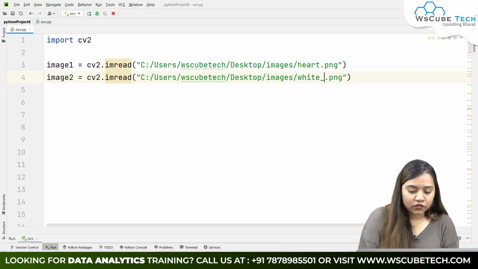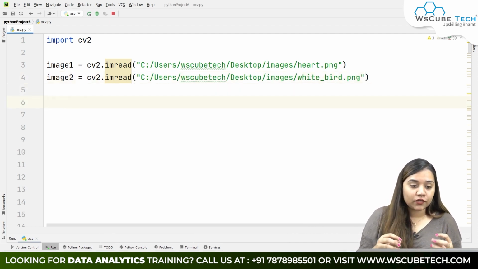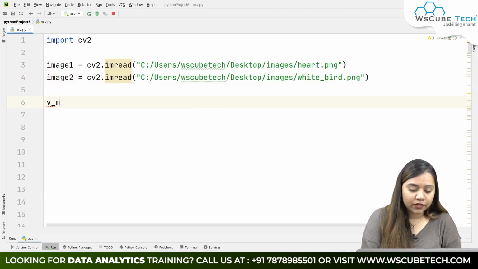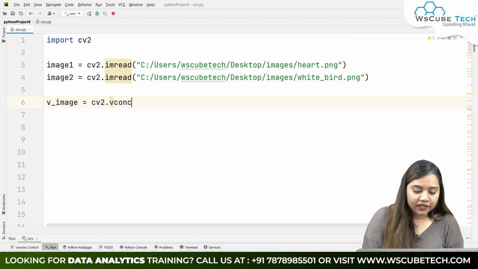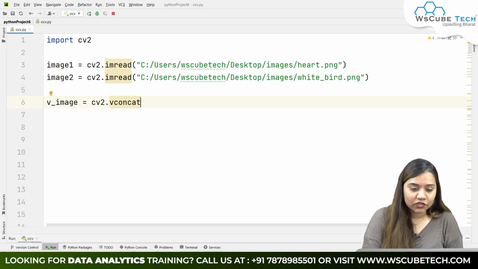So white_bird.png. Okay, if you want to concatenate these images, you need to use the concatenate method. First of all, we'll write the vertical image. vimage is equal to cv2.vconcat. As the name itself suggests, it will vertically concatenate the images here.